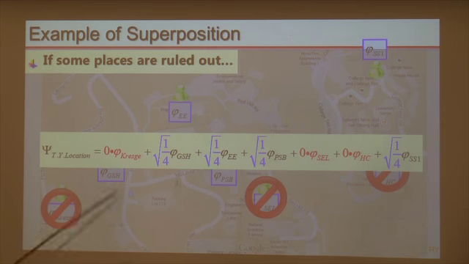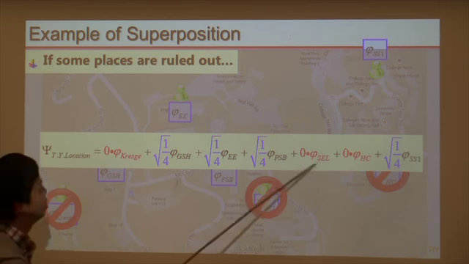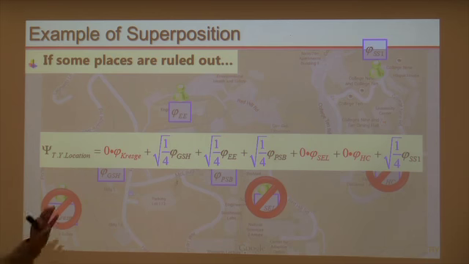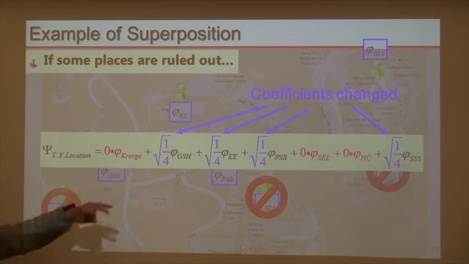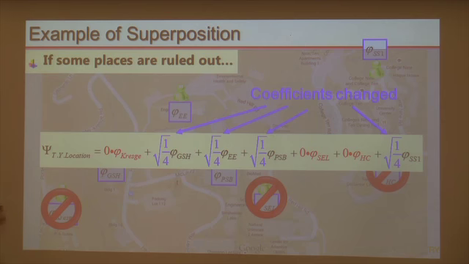Okay, so therefore a coefficient now becomes 0. So that simply means it's impossible to find me there. And in order to normalize the wave function here, those coefficients must change. And once you change the coefficient, it simply means the probability also changes. Right? It's pretty natural to think, because if you rule out some locations, the probability of finding me in